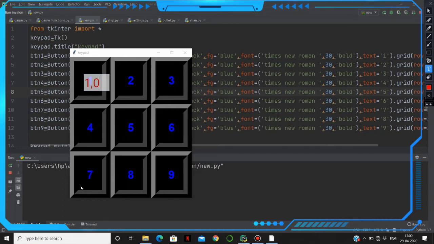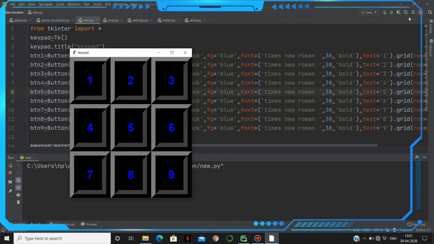This is a matrix format, like a two-dimensional array with rows and columns. In a matrix it starts from 0 comma 0, but in this Tkinter toolkit it is going to start from 1 comma 0, and the next will be, come on guys, tell me, it is 1 comma 1, and the next will be 1 comma 2. Like this way it will go, and the position of the fourth button will be 2 comma 0, and the fifth button will be 2 comma 1. In this way it goes on. Try to remember this one. This is going to help us in the coding.